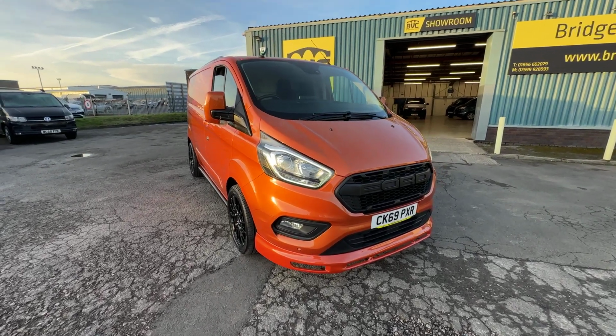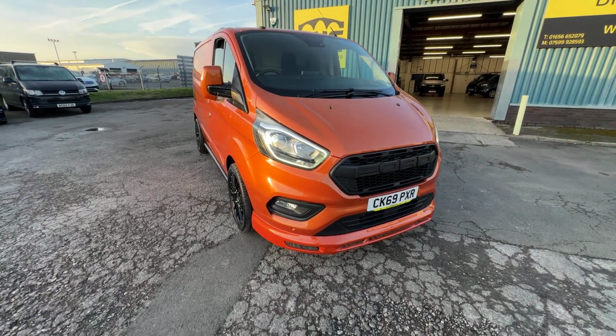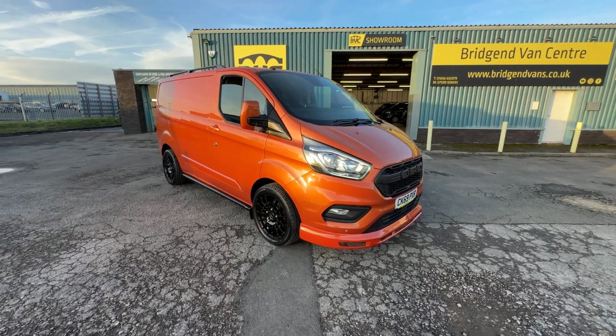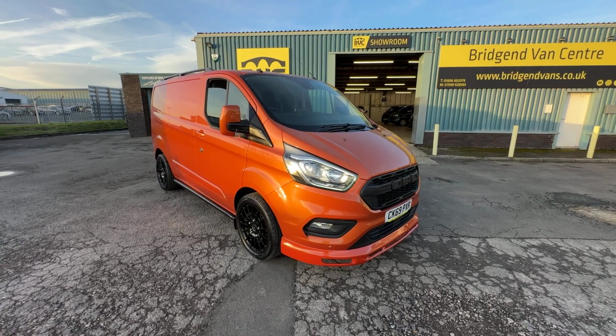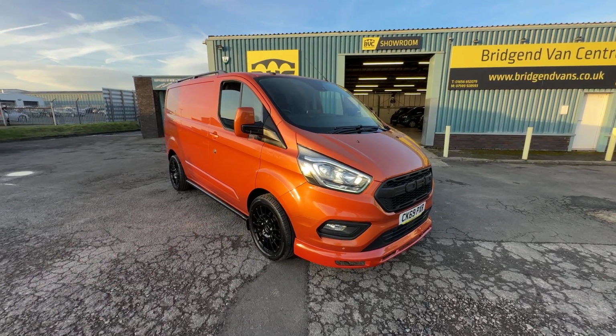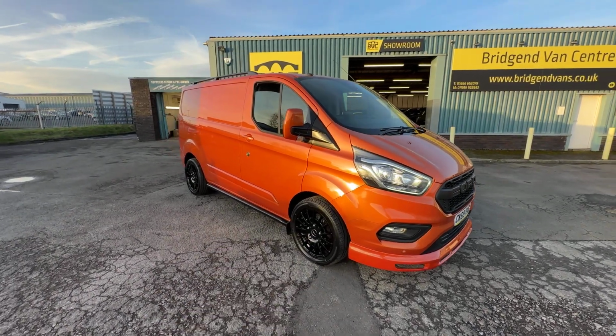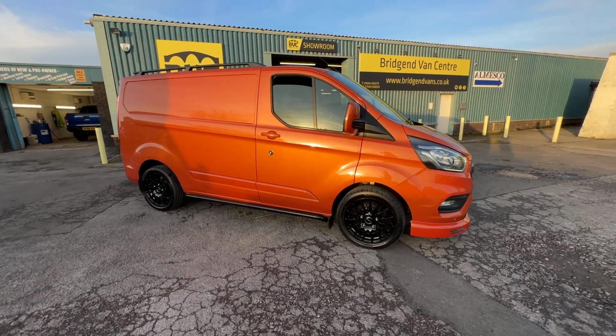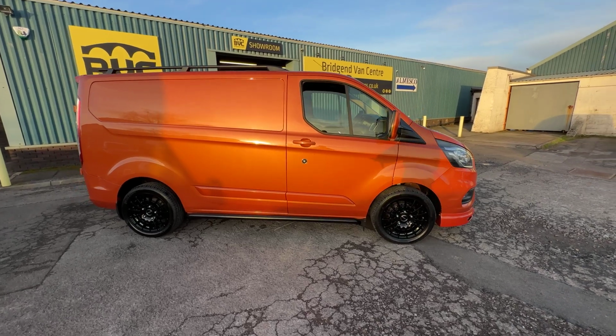Here we have for sale our 2020, on a 69 plate, Ford Transit Custom. This is the 280 model, meaning it's got a 2.8 tonne gross vehicle weight. This one has the 2 litre EcoBlue diesel Euro 6 engine producing 130 PS, which is roughly 130 brake horsepower. This is the short wheelbase, low roof, Limited panel van with a 6-speed manual gearbox, finished in the